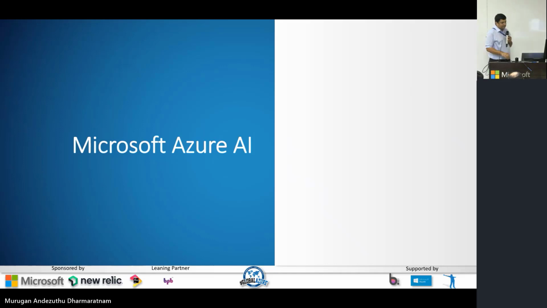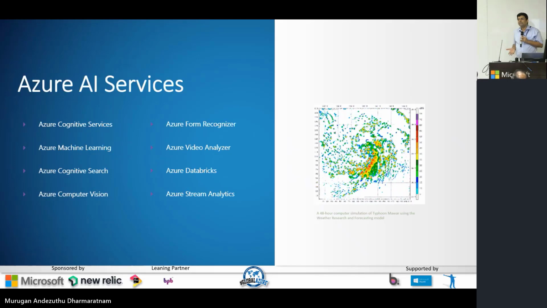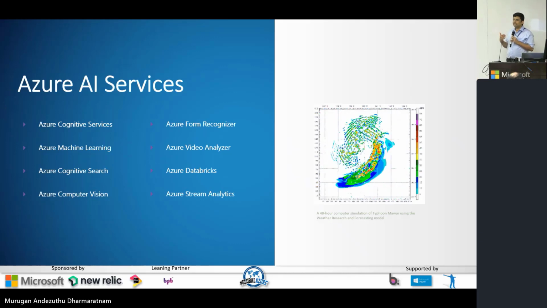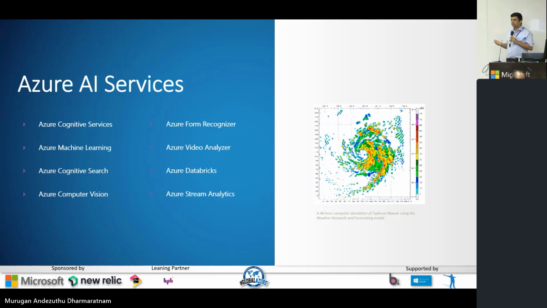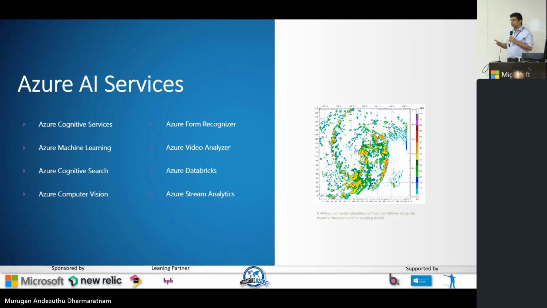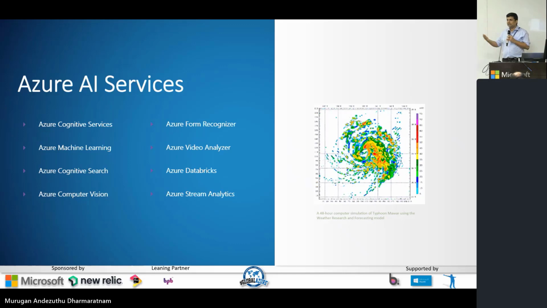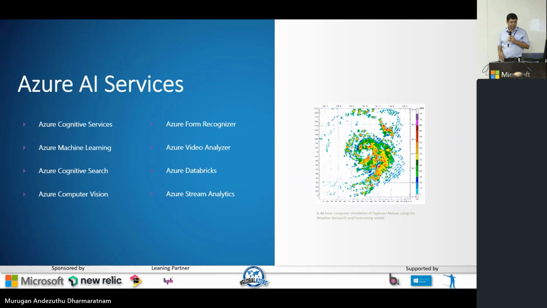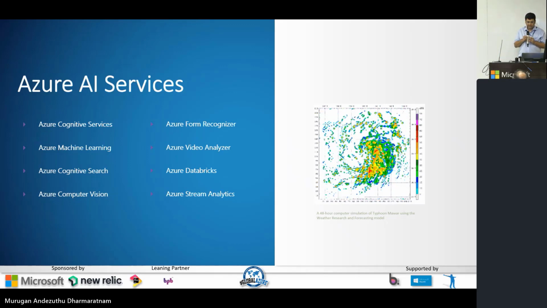Now let's look at the different services in Azure. In Azure, almost all the things that you want to do with AI are available. If you are working for most companies, one example would be that you want to extract data from PDFs and create an Excel, right? You have a lot of PDFs and you want to extract the data. You can use computer vision for that, right?